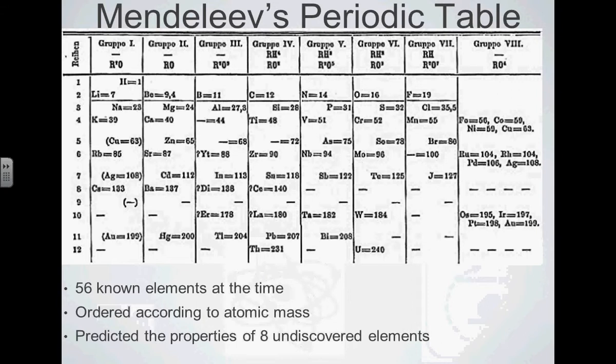So he predicted several elements that had not been discovered. And later on, they were discovered. Scientists found these elements, identified them, and found that they agreed very closely with Mendeleev's prediction. So before anyone had discovered these elements, Mendeleev had predicted that they would be found somewhere, and he predicted their properties. So that was a pretty unique feature of his periodic table. And so he's credited with being the founder of the modern periodic table.